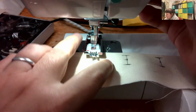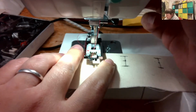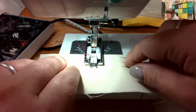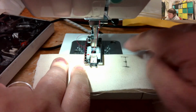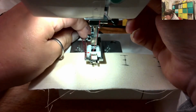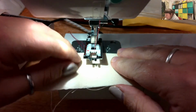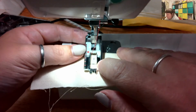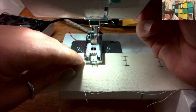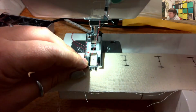So I know it's going to come forward first, so I'm going to move the metal foot forward, and I'm going to line up the starting point. So the H nearest the fold, that's my starting point. My thread's caught up, there we go. So that's the starting point. So where this red arrow is on the side, I'm going to line that up with the start, so that the start and the end, so you can see, if I just get a little bit closer,